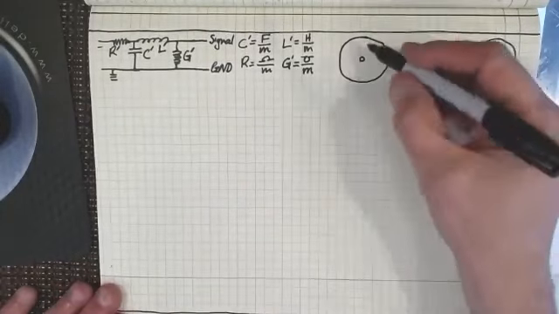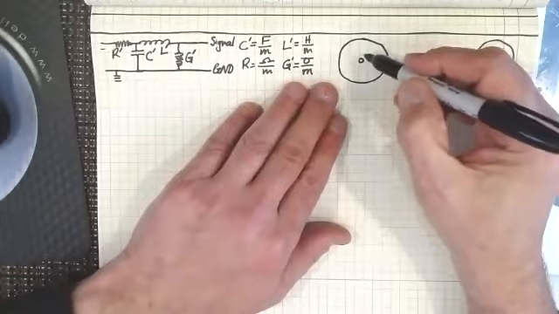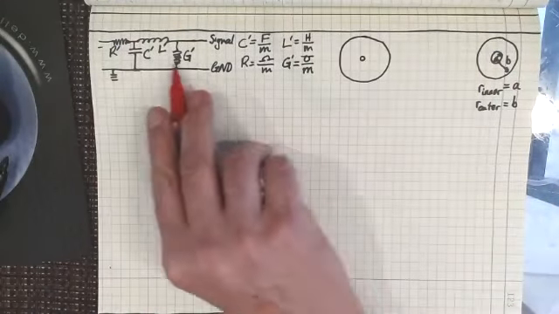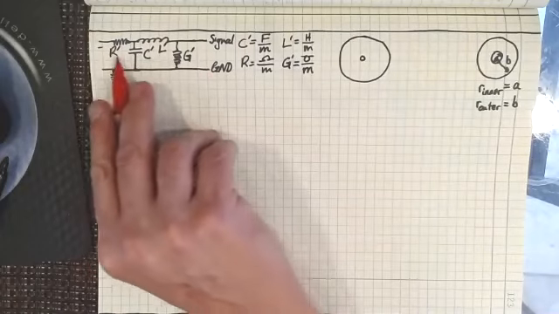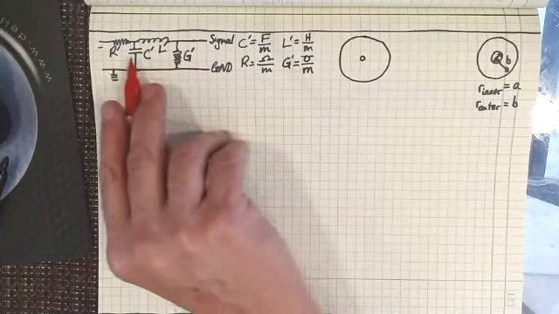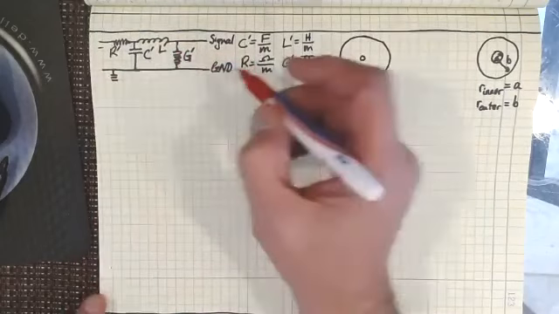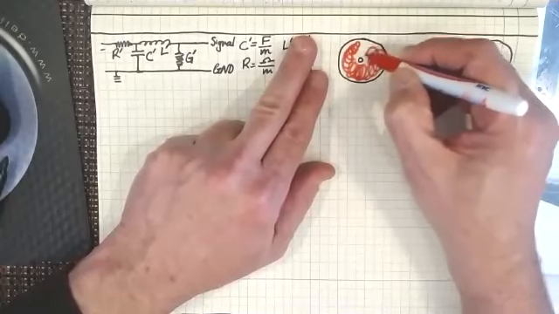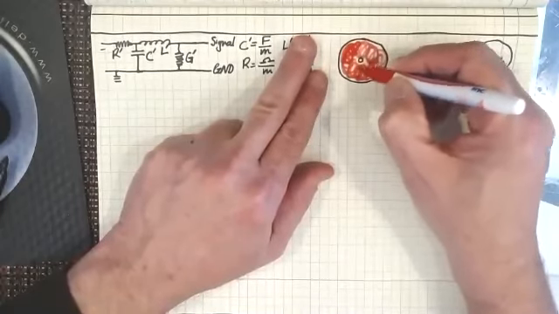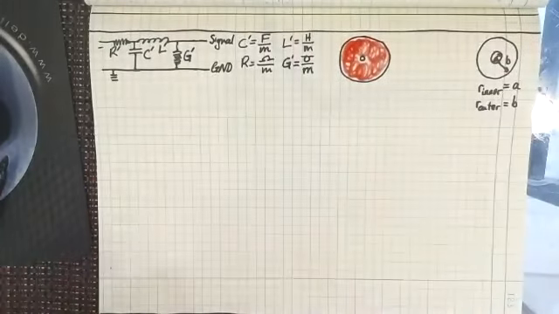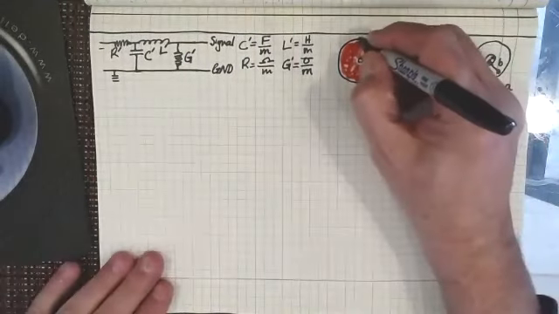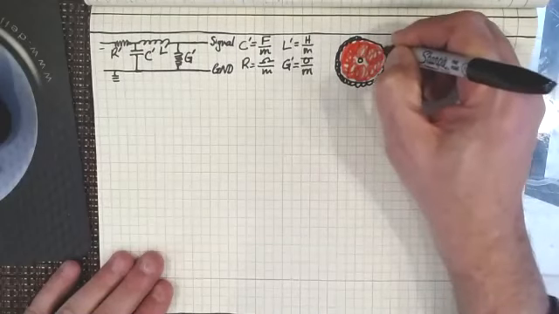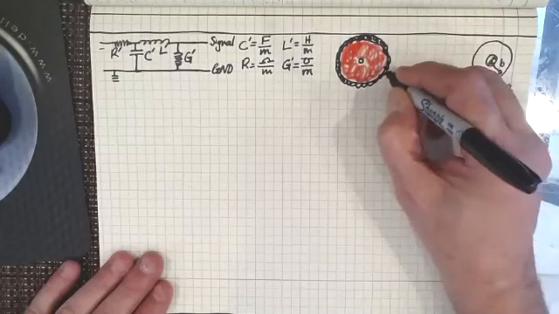Okay. Now, when we look at this coaxial cable, what are we really talking about with these 4 different variables that we have here? Let's take G first. And let's look at what's in between the outer ground shield and the inner signal wire, right? Because there's my outer ground shield, and that's made up